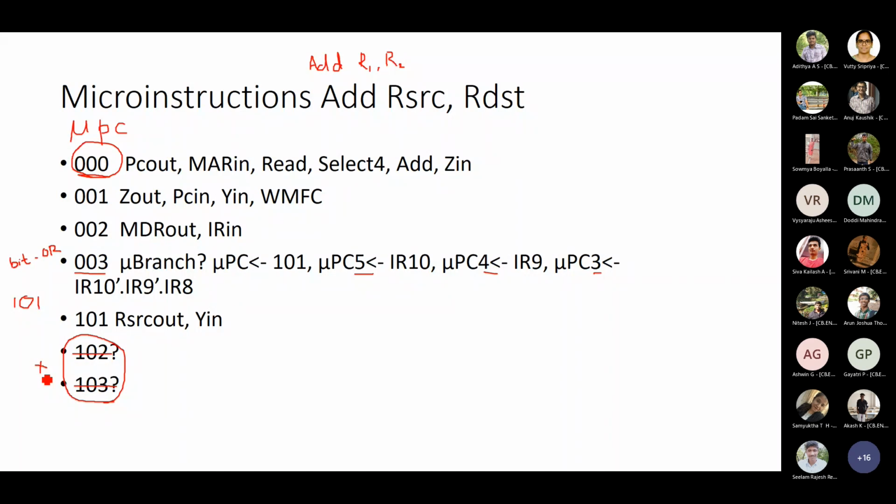Can you do this much? If you have already written it in your notebook, the address locations 102 and 103, logically it should be, but we have even a simplified version. So the address locations for the remaining two instructions won't be 102 and 103. Please note it there. In order for you to understand the concept only, I just gave you the address values 102 and 103. Just strike it and write that there will be a change.